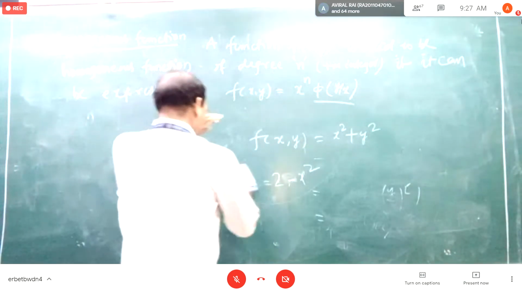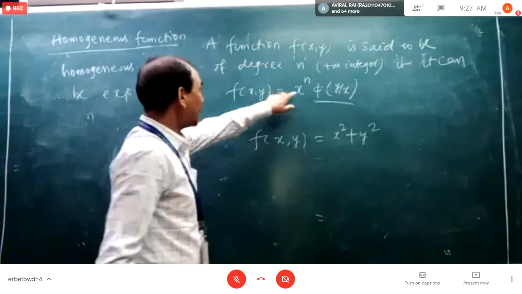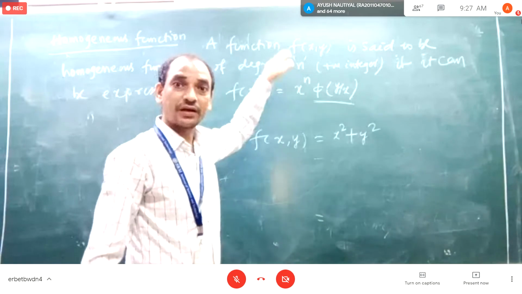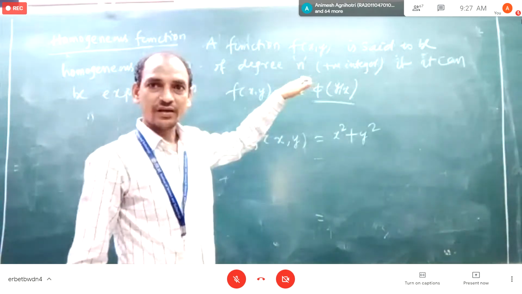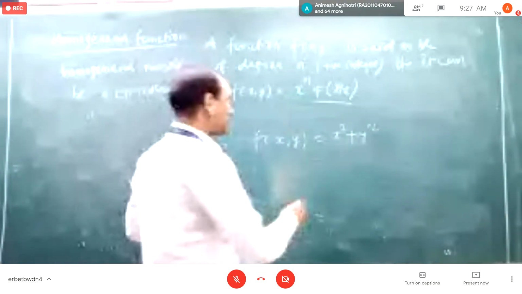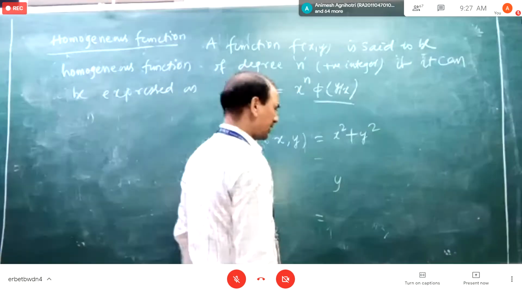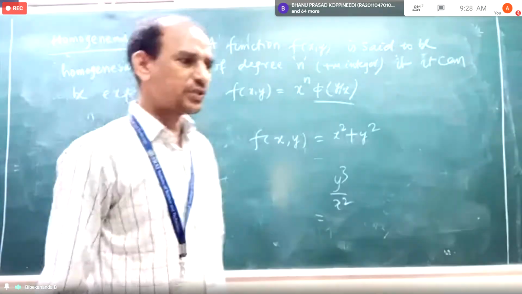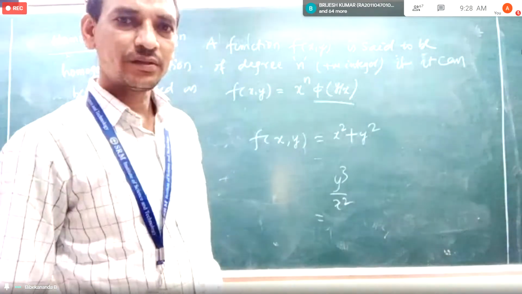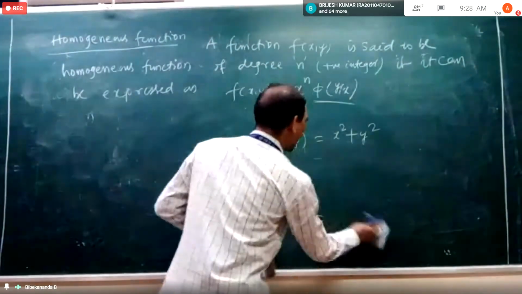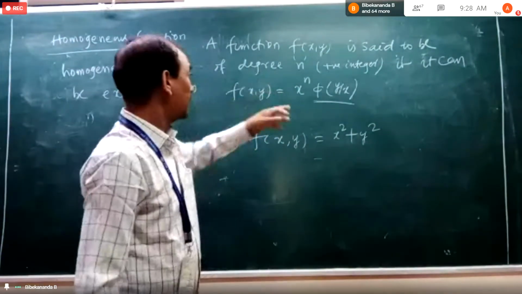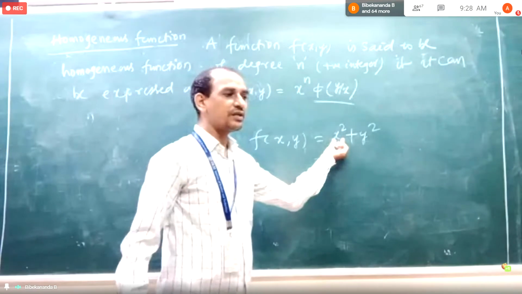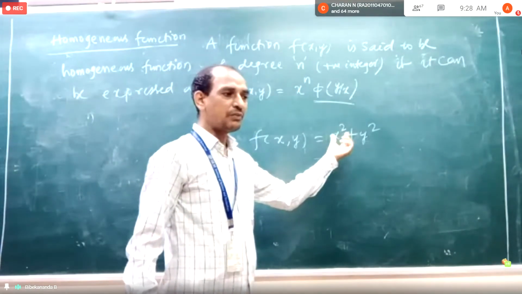In the similar way, I can take the term x with the corresponding degree, okay? And as a result, if I say this like this, y cube by x square, whether it is homogeneous, I will come to that one. I will first do this one, then I will come to this one. So you see, I have to take x common. So what is the minimum degree of x here?